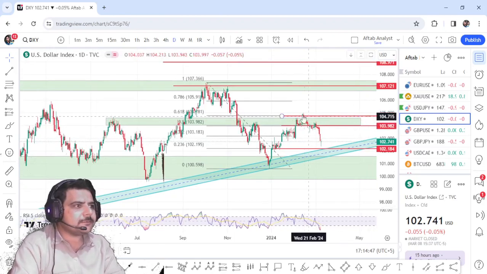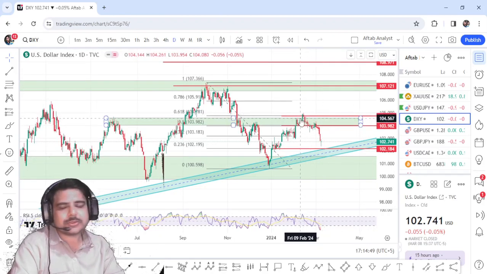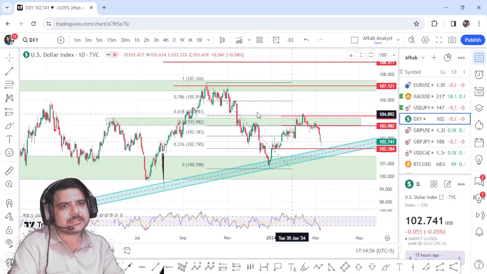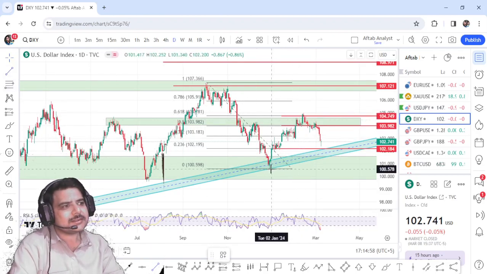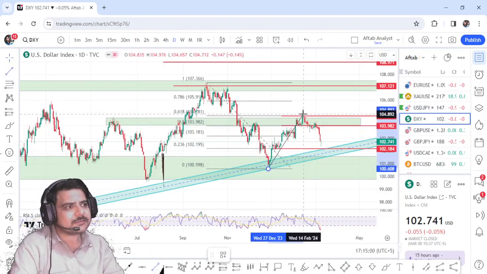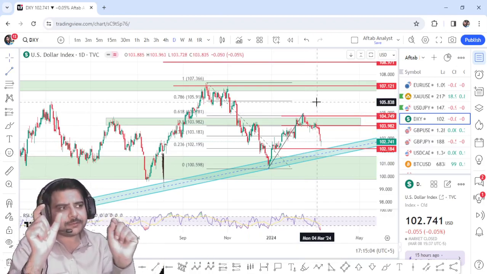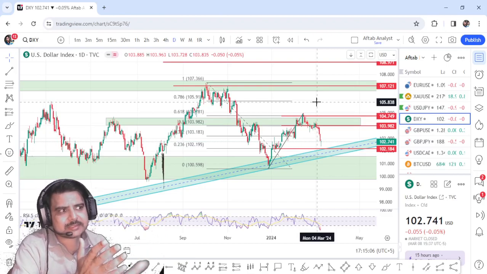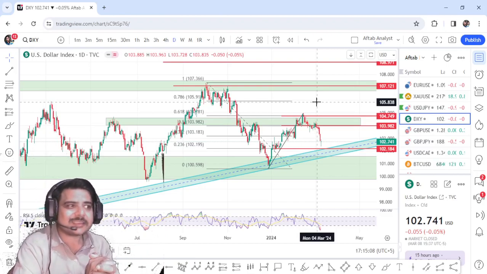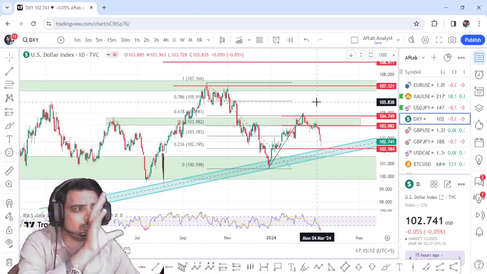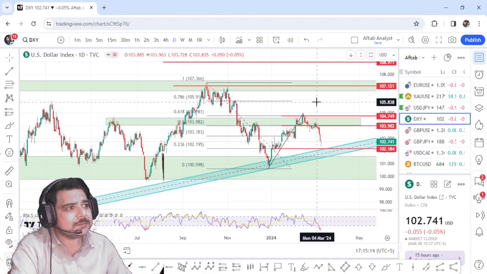So 105 was promised, that the market is going to hit 105. It did, all the way. When the market was rejected from this trend line, I gave this prediction, and right here the result is in front of you. Remember everyone, forex is very simple, and when we see these setups on the charts, it seems like a joke, but this is not a joke. You can also make this much money.